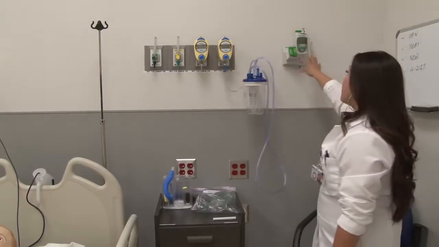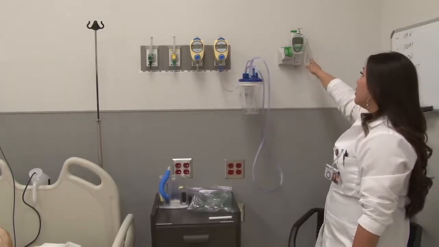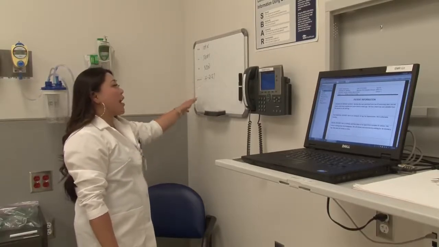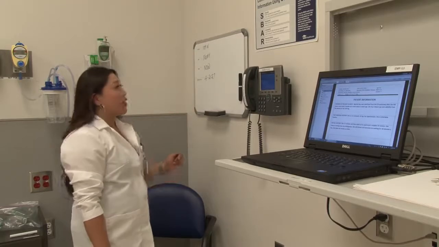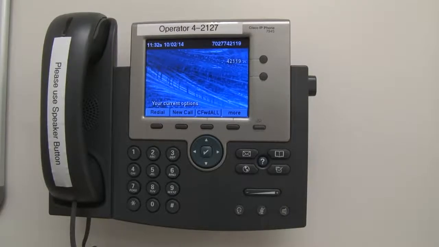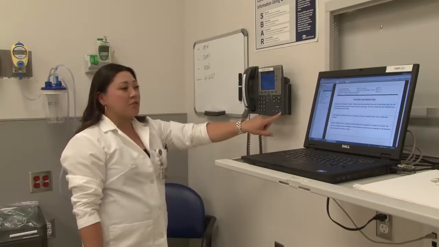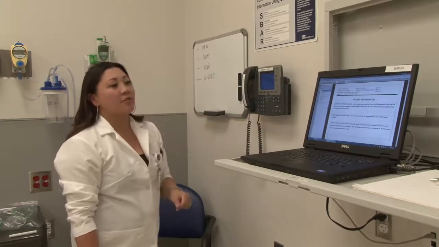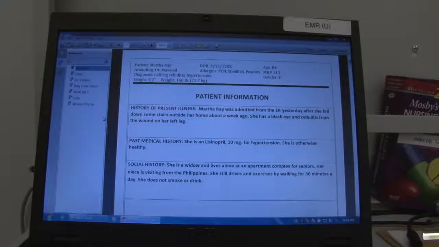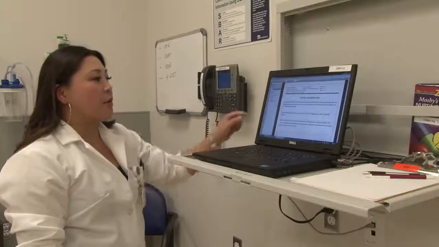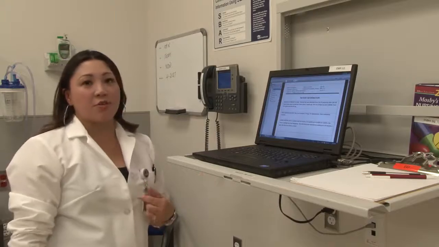We'll move here to our thermometer, which also works as well. We have the whiteboard here that has a room, date, time, operator, and the doctor listed according to the scenario. If you need to get a hold of the doctor, you would call the operator from the phone here. We ask that you use the speaker button, which is located on the right-hand side here. Right next to the phone, we have our laptop, which is our EMR. Listed are the tabs for the patient information, doctor's orders, MARs, or labs that you would need to use.